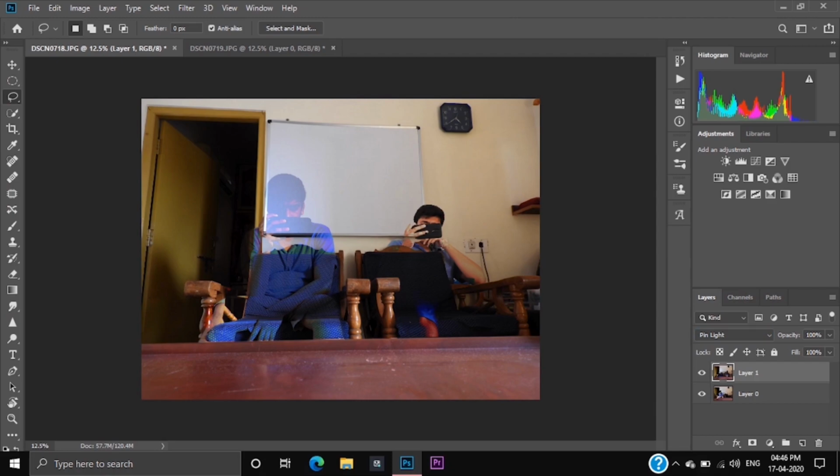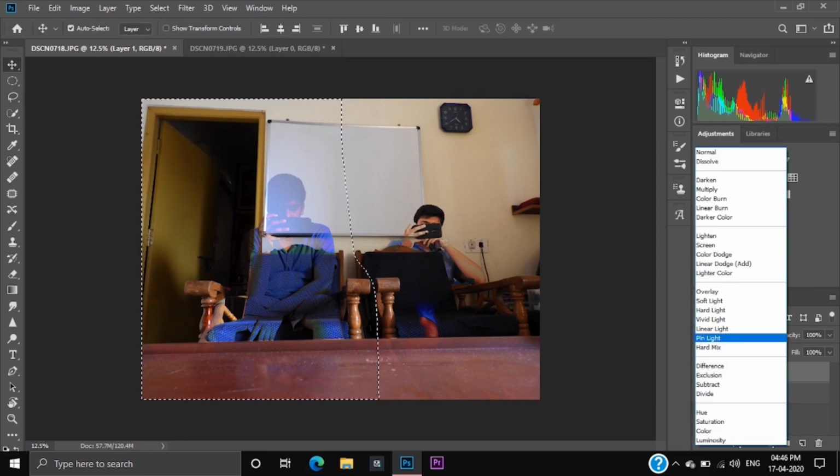Keep in mind that your hands and the other parts of the sofa should not come in. I'm going to select it, make it a full curve, select and press enter.